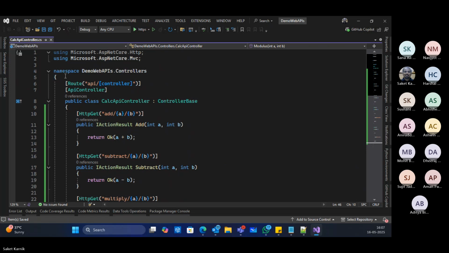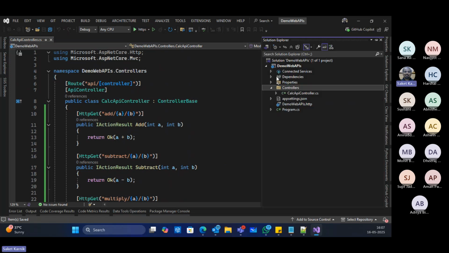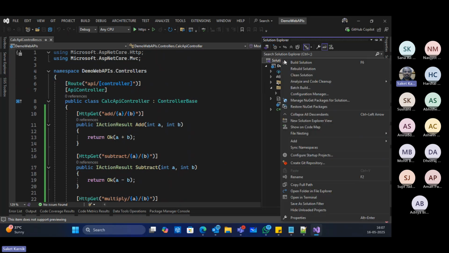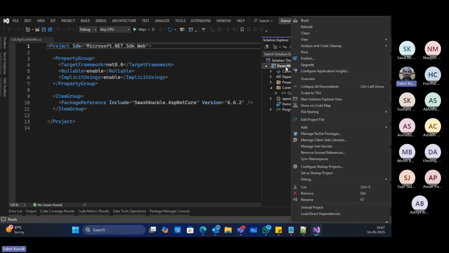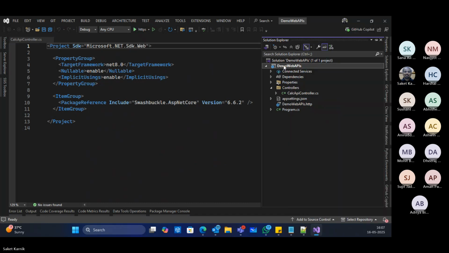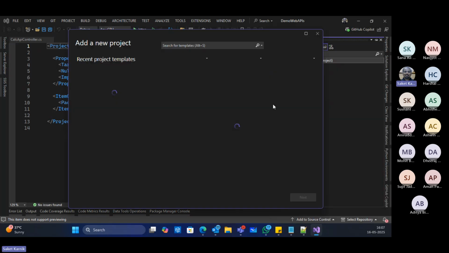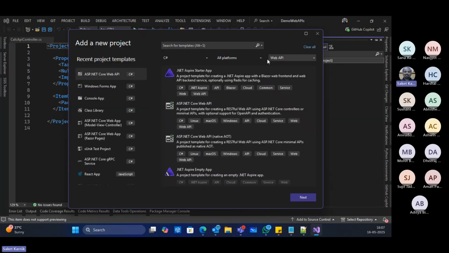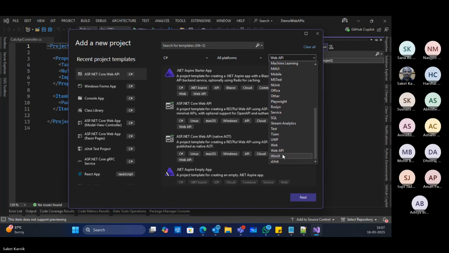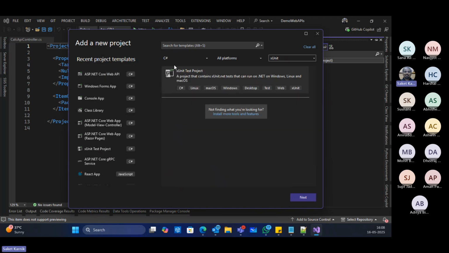Now, I want the unit test cases to be created for this. So the proper way this time is I right click on solution. Maybe before that, I just get the name of this project copied first. Then I right click on solution and say add new project, where I look for xUnit projects, xUnit test project.